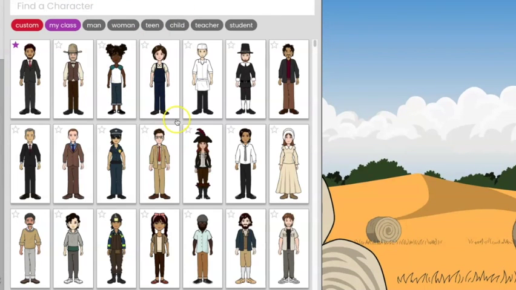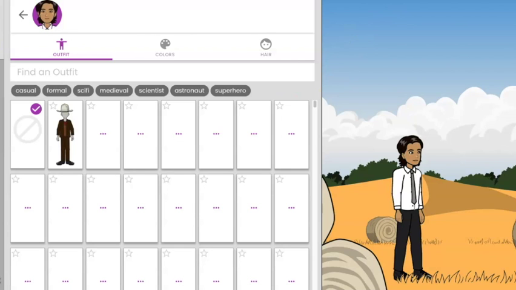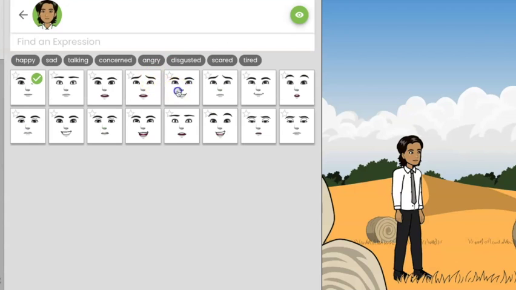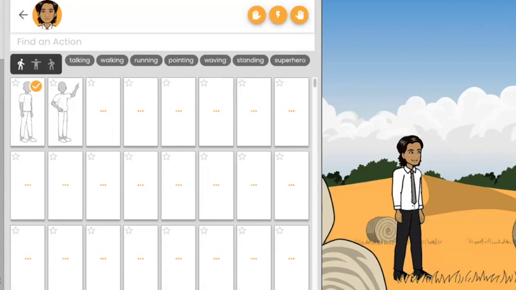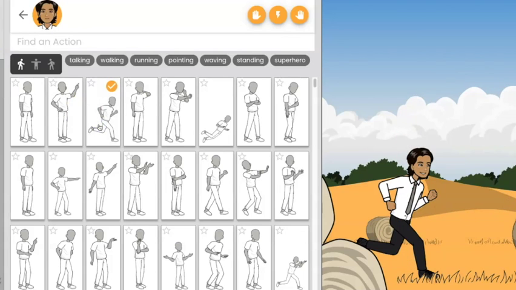You can choose any of them. You can change their facial expressions here. You want to make them happy. You want to give them some action. You can go to this section, and you get to choose whichever action you want depending on your story.